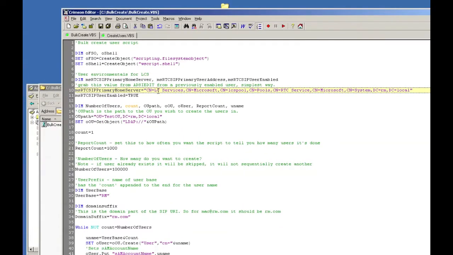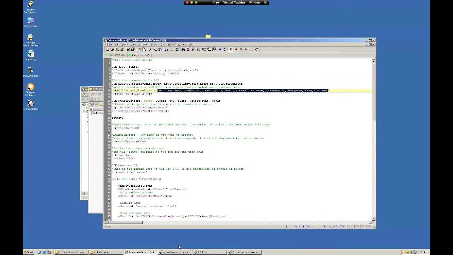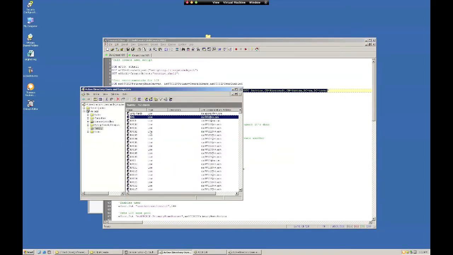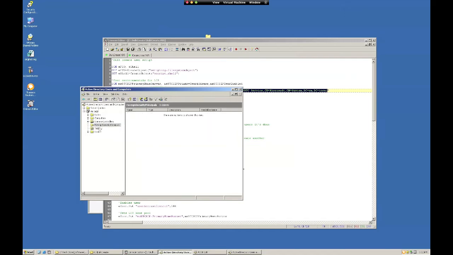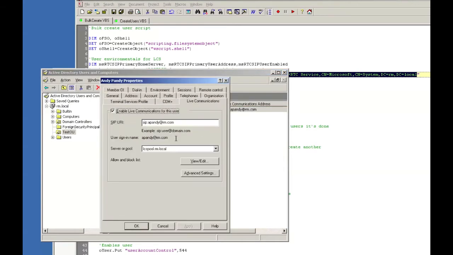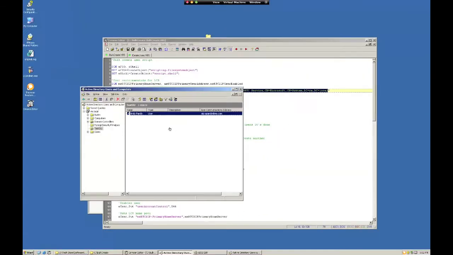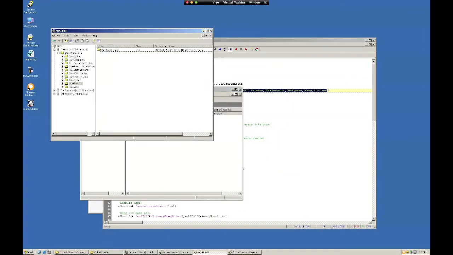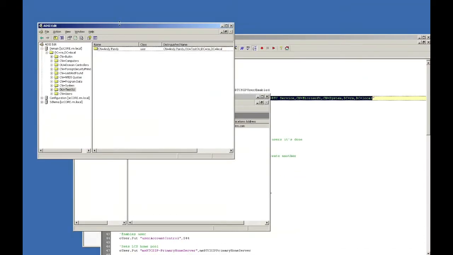Okay, the primary one is this one, the home server, because that's going to be different depending on how you've implemented it. So what I'll do is I'll show you the easiest way to get that. If we have a look at an existing enabled user, you'll see I've got a single user called Andy Pandy. He's enabled for LCS. All right. So what we'll do is just have a quick look in ADSI Edit, find that user,